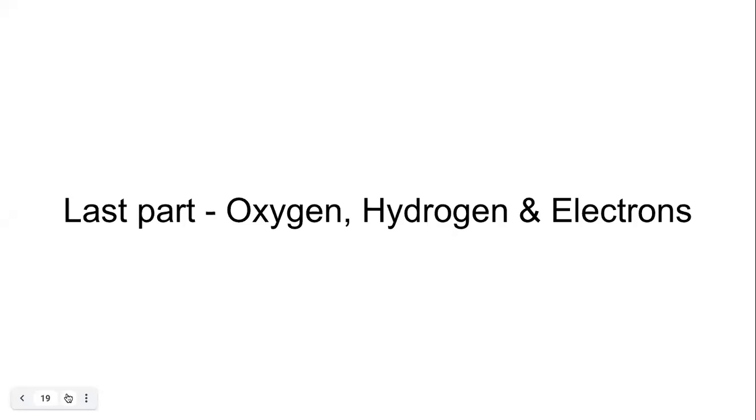The last part of the chapter, which will talk about oxygen, hydrogen, and electrons. I told you in the beginning that we will look at fast reactions, slow reactions, and we will look at oxidation reactions, reduction reactions. So that is where we are now. And we will also look at a third type of another reaction, the 11th type of reaction. That is the part of the chapter we are in now. We will just get introduced to these types of reactions. You will come prepared tomorrow and then we can study more.